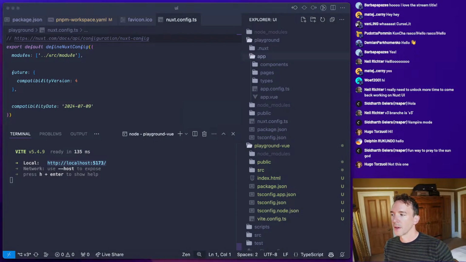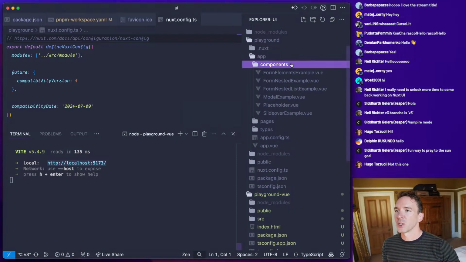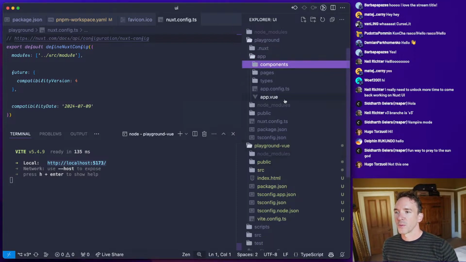Yeah, well, the aim here is very much not to change the experience for Nuxt users. So obviously, Nuxt is still going to be the priority for Nuxt UI, but as much as possible, if we can make this sort of usable for others.